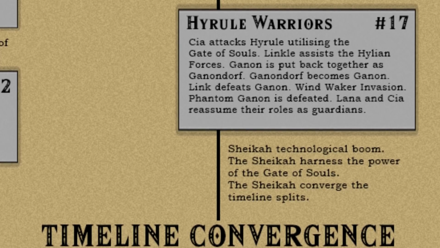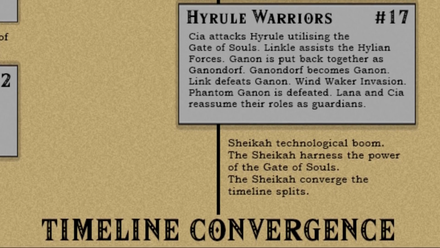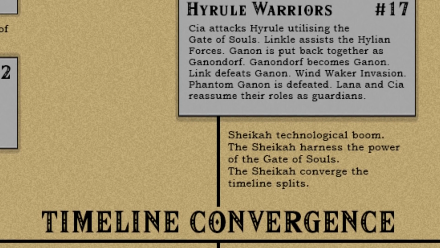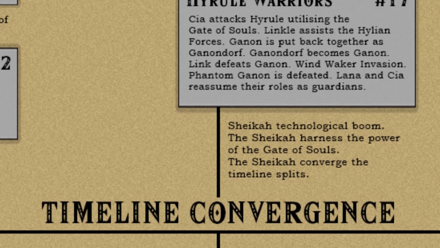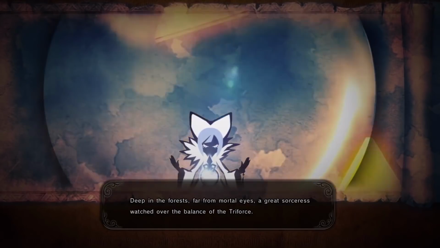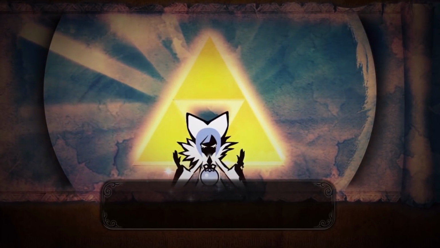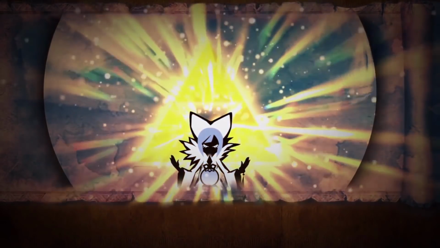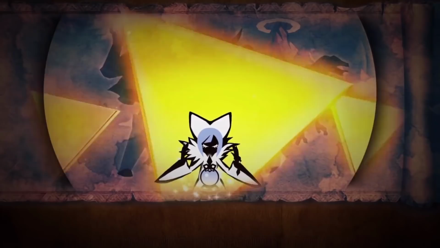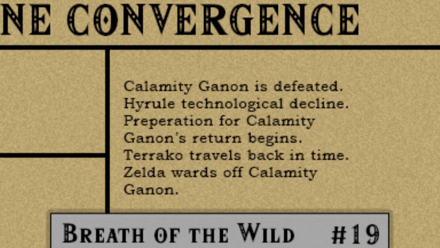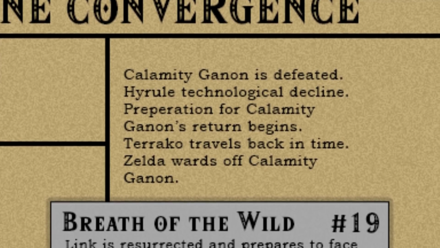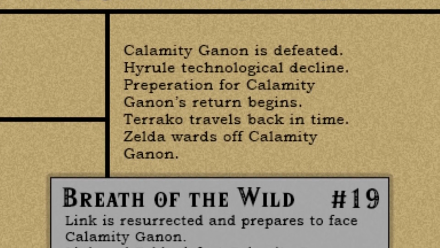BAM! Timeline splits have converged as one during the Sheikah technological era, but what happened to the goddess/guardian of time? She could have disappeared or have been slain, leading the Sheikah to study the gate freely, or maybe she allowed the Sheikah to do all of this. It's fine if it stays a mystery. There we go, we've set everything up for Breath of the Wild to fit in the timeline.